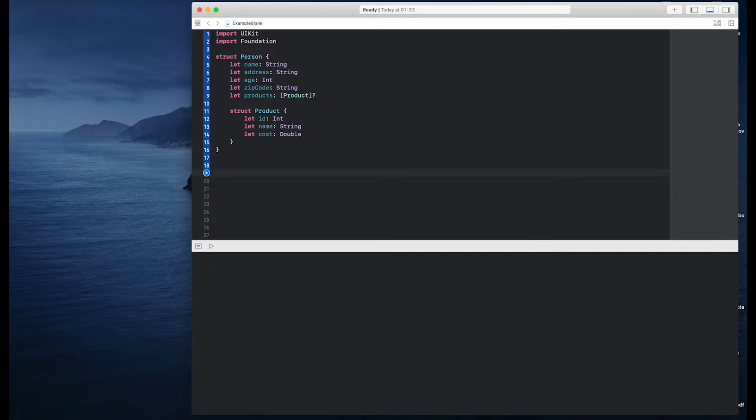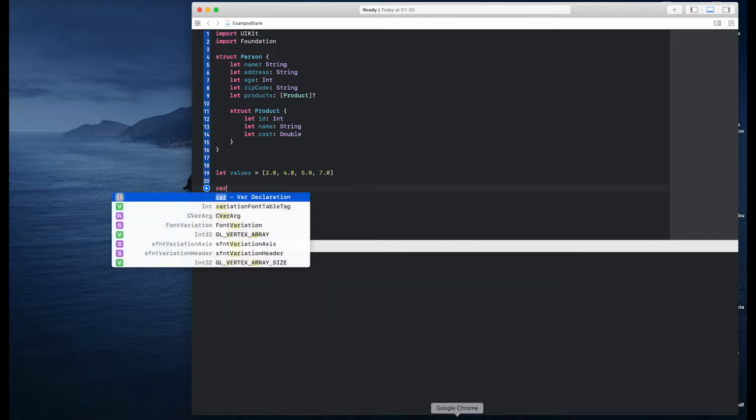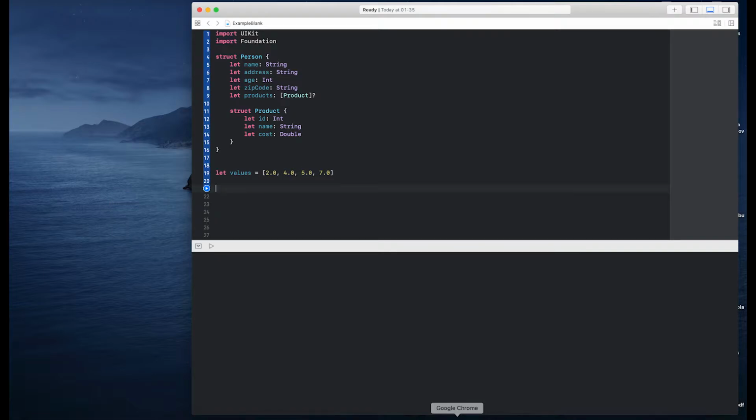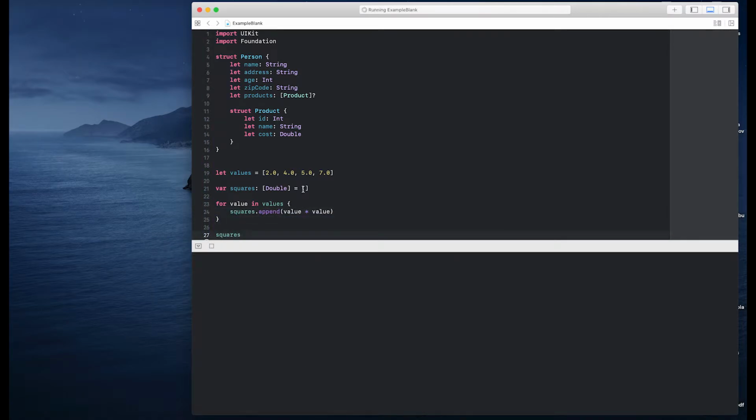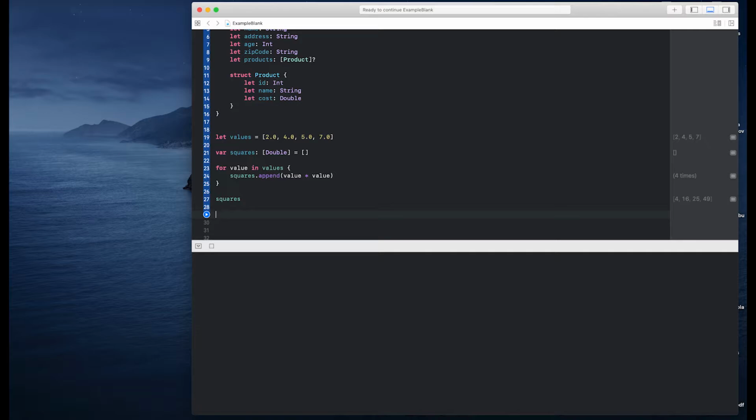So let's assume that we have an array of doubles, and we want to get squares of all the elements. So for that we need another empty array of double, and by for loop we could write this. This works, but the boilerplate code to declare the type of the squares array and then loop over it is